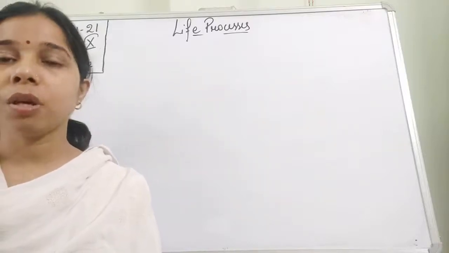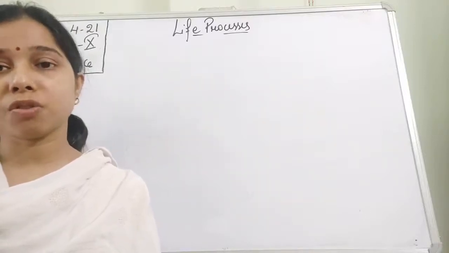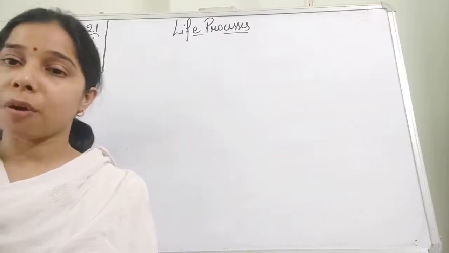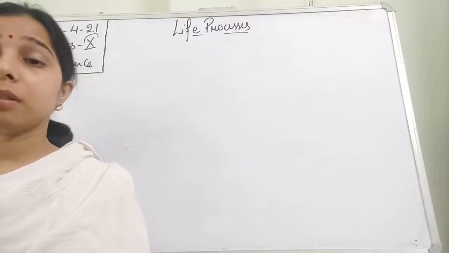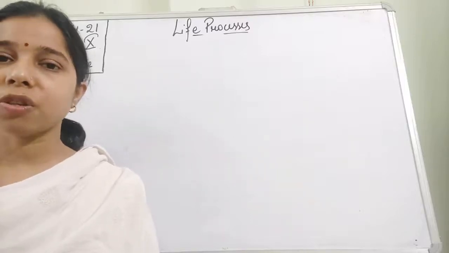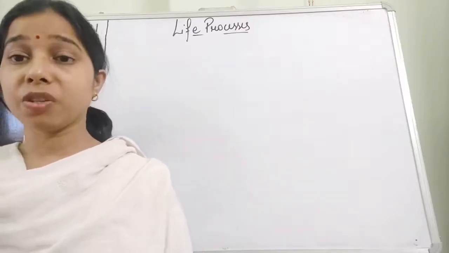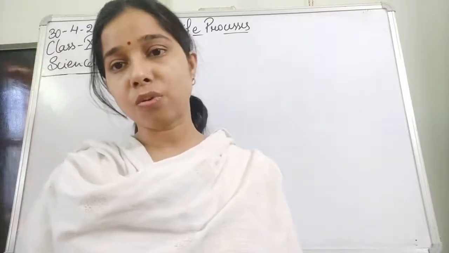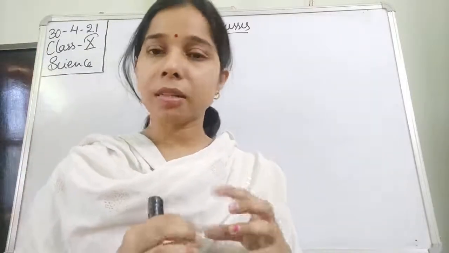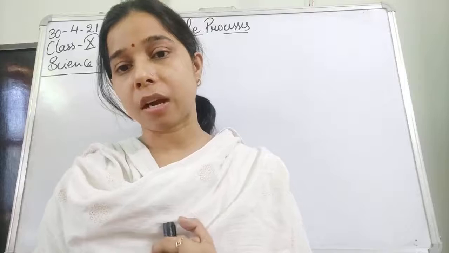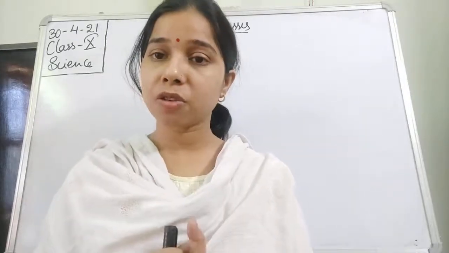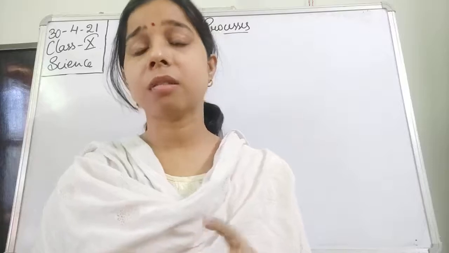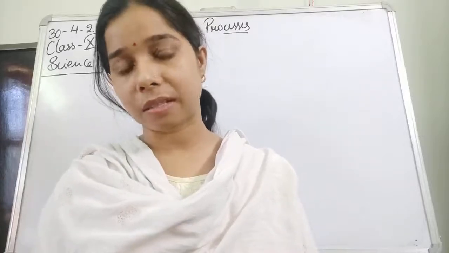So this is how the oxygenated and the deoxygenated blood travel from one place of the heart to the other. This is the double circulation, and the reason for it being double circulation is that here two circulations occur, students. So the first circulation is the pulmonary circulation, and the second circulation is the systemic circulation.